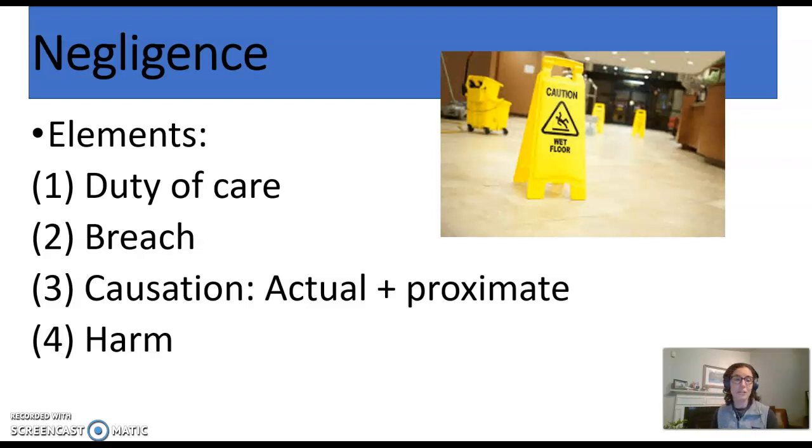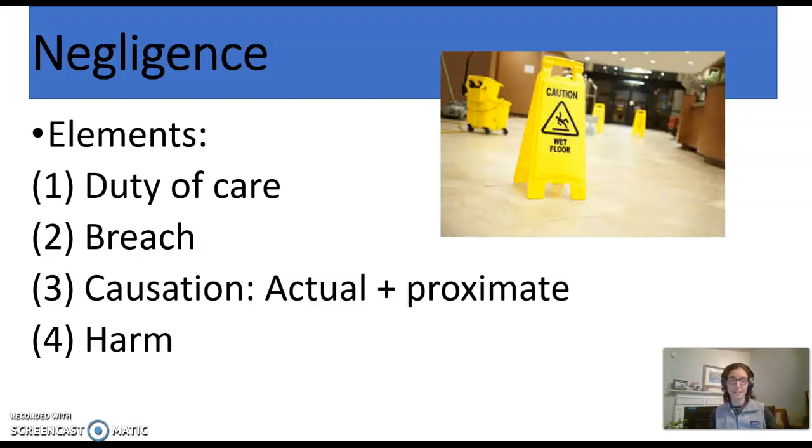Now I want to focus on the third element, causation. And this is a really interesting element because causation, we usually think this is the easy element, right? The breach causes the harm. But actually, causation can be really complicated. We talk about two types of causation. One type is actual causation. This is what we refer to as connecting the dominoes. The banana peel fell on the floor, the store employee didn't clean it up, and it led to somebody's injuries. That's what we call actual causation, meaning you can link the harm of the victim, or the plaintiff in that case, to the defendant's negligent conduct.